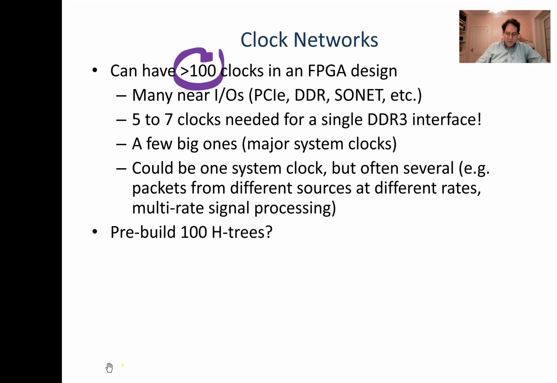So we get a few major system clocks where we're doing most of our processing, and then a lot of little ones near the IOs. And maybe we have just one system clock, but a lot of the times we will be bringing data in from different IOs, and we'll have multiple system clocks that are pretty big, working near a certain group of IOs. Sometimes we're translating between IOs. Okay, so if we have 100 different clocks in some designs, should we pre-build